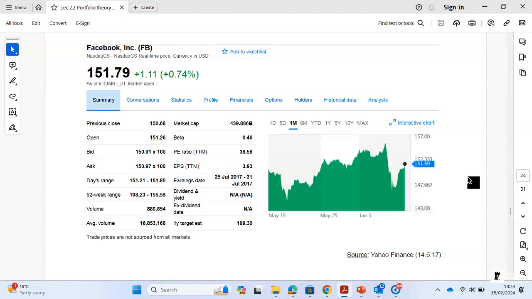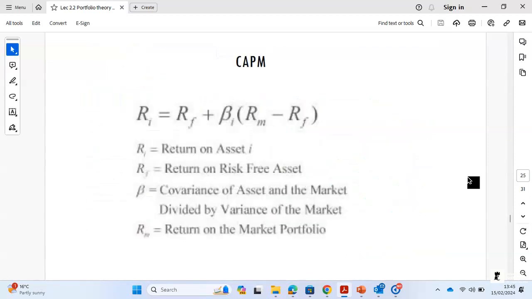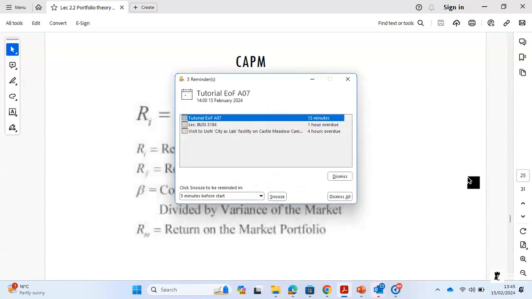So what is the risk of the Facebook stock? Or you can take any stock as an example. What I want you to do when you go back home is to choose a stock of your liking and try to measure its systematic risk. How do we represent this risk and return relationship? This is a formula that we have seen a number of times earlier. It is what we call the capital asset pricing model. It shows the relationship between risk and return.